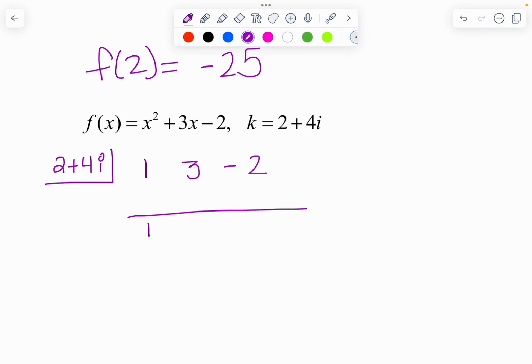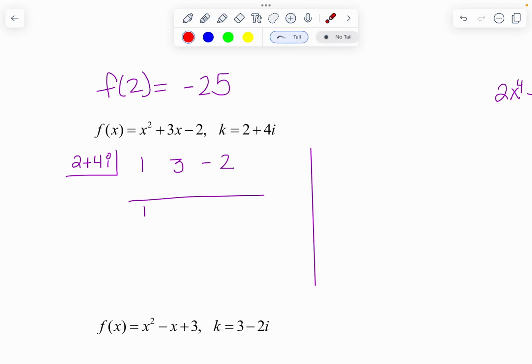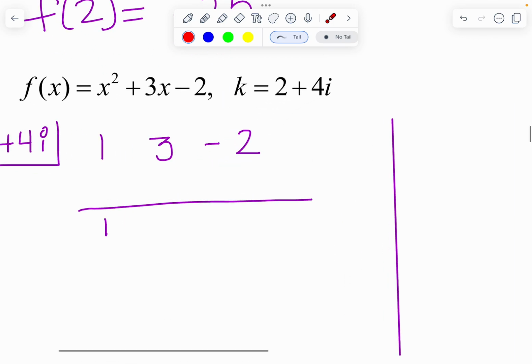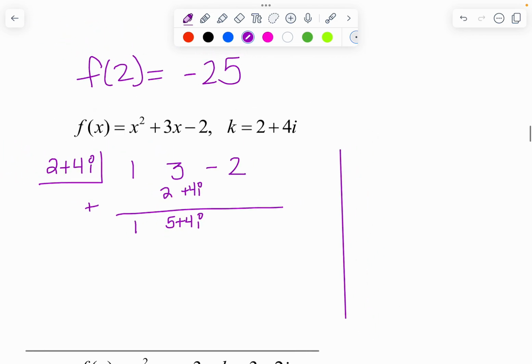I'm going to bring down the 1. Now this is going to require more algebra from us. So I'm going to draw this line right here. This is not bad, but 1 times this is going to be that same thing. So this is going to be 2 plus 4i. Now when I add, 3 plus 2 is 5 plus 4i. This is where this becomes a little bit more interesting. So I have 2 plus 4i